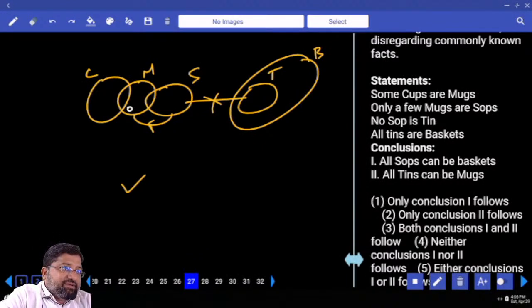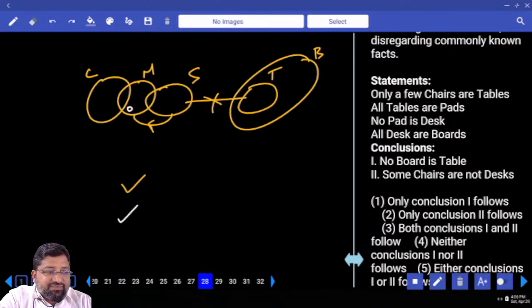Is it a possibility? So what I say is, to check whether tin can go inside the mug, do we need to draw anything, or can't you look with your eyes and decide whether it is a possibility or not? You can decide with your eyes. There is no need for you to draw all this and check. So what's the answer? Both 1 and 2.